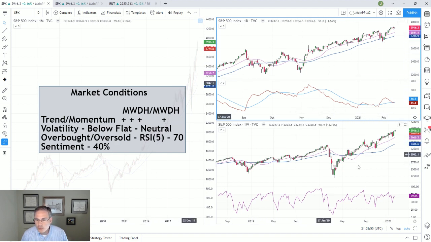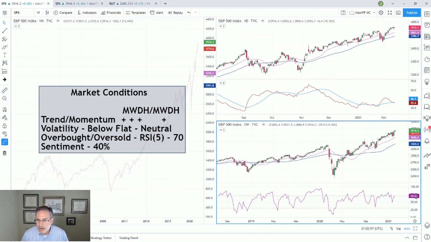The overbought, oversold oscillator I have here at 69.85 currently for RSI 5. It is potentially forming another divergence here, because we're at a new high in price and this is making a lower high. Now, if we were to continue to move higher here, it's very possible we'd see the RSI end up confirming. So we need some sign that the price is turning down to confirm a divergence.